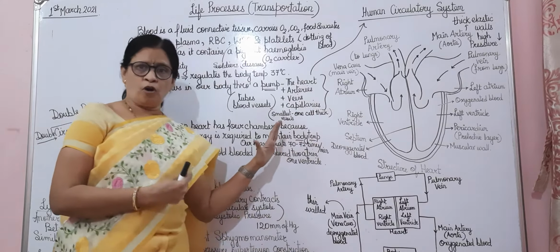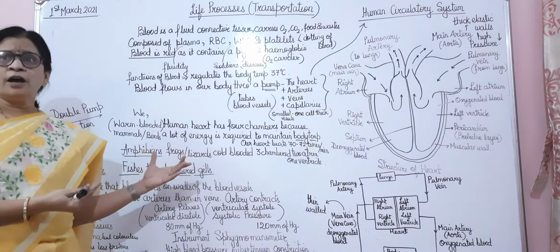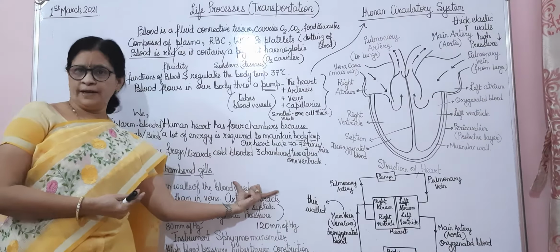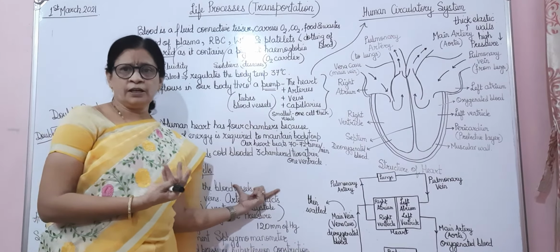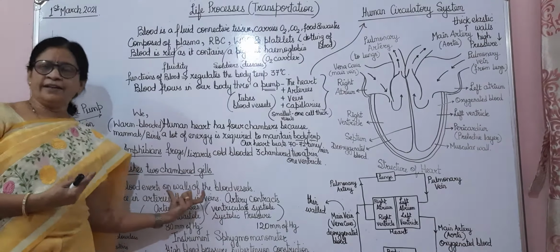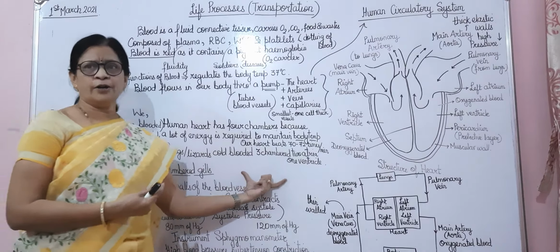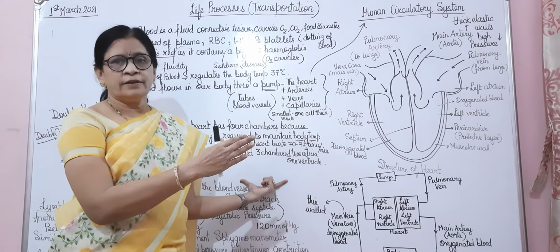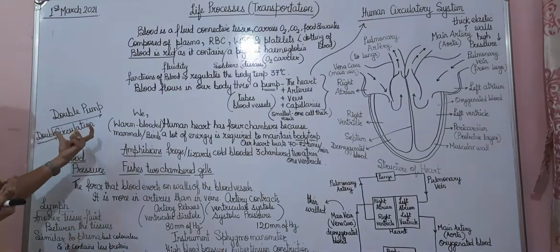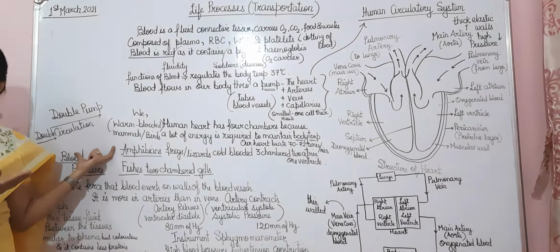Okay. In fact, the frogs or the amphibians like the lizards do not need such a highly purified blood because they are cold-blooded. The body temperature depends upon the environment. Moreover, fishes have only two chambers, and they respire with the help of gills. Okay, so that is the difference between the heart of the mammals and the amphibians and also the fishes. Remember that the heart is a double pump, it undergoes double circulation.